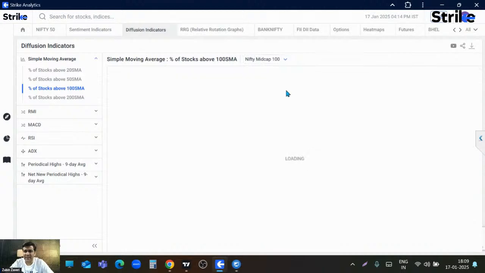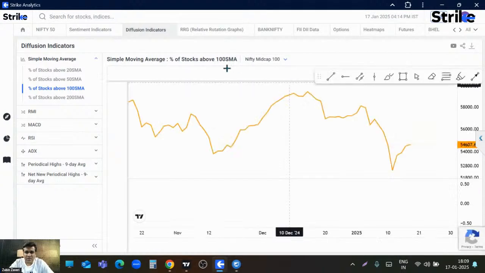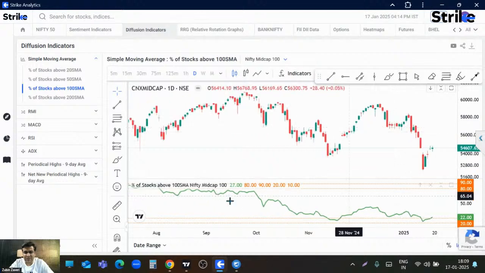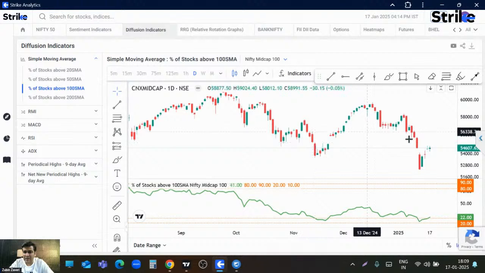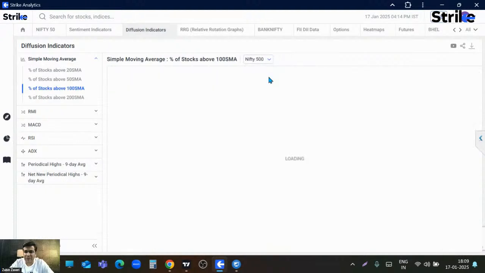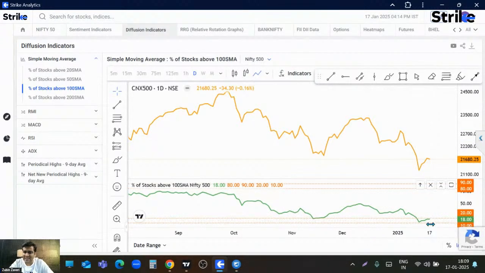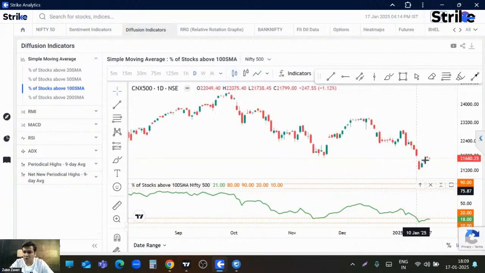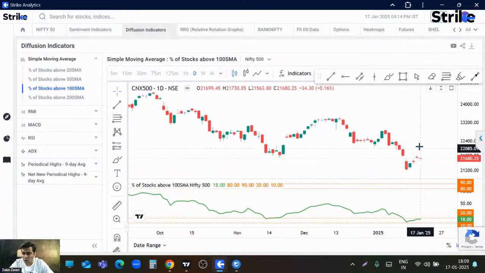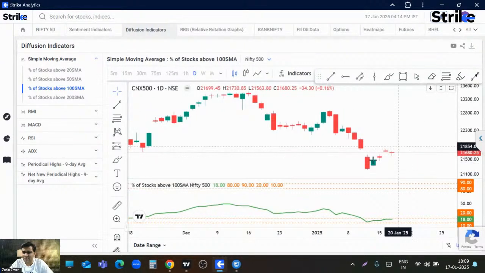Similarly, let me see mid cap index. In the mid cap index, the same thing, the percentage of stocks above 100 SMA is bouncing back from the oversold levels, and almost the chart is similar to the small cap chart. So let me very quickly go to Nifty 500. On the Nifty 500, this indicator is still in the oversold. It has not given a bounce back, and the overall 500 stocks have collectively not bounced back, and that's why this particular index has seen some small doji.